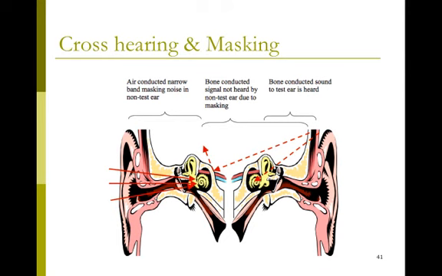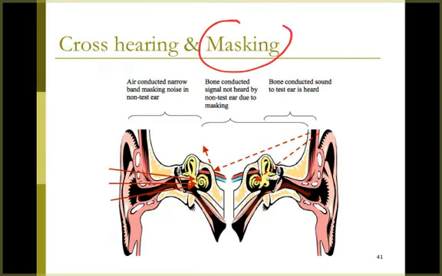So this is another illustration of how interaural attenuation works. When you're doing air conduction, some of the energy is going to be lost, and how much energy is lost depends upon what transducer you use, whether it's a headphone or an insert earphone. But when you're doing bone conduction, almost all the energy travels over to the other side. And the only way we can get ear-specific results when we're doing bone conduction is through this